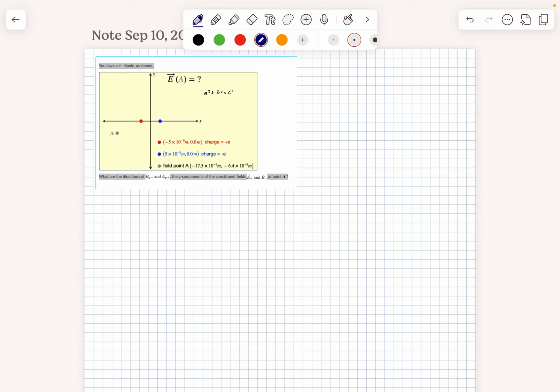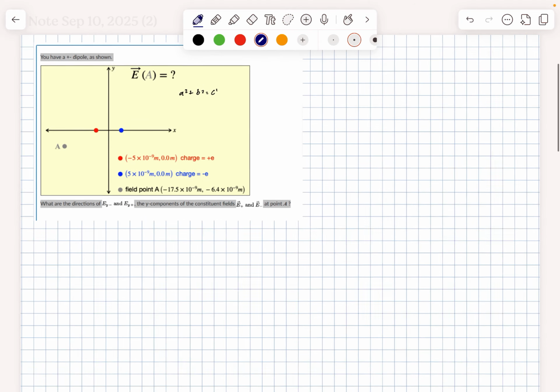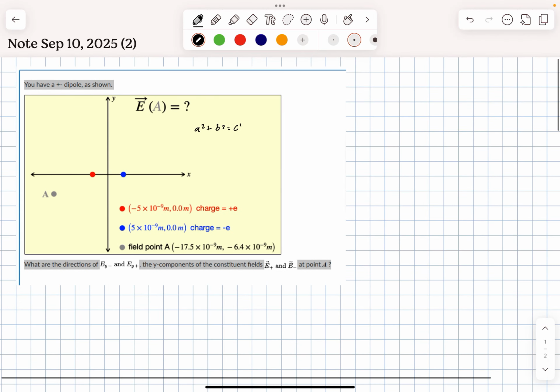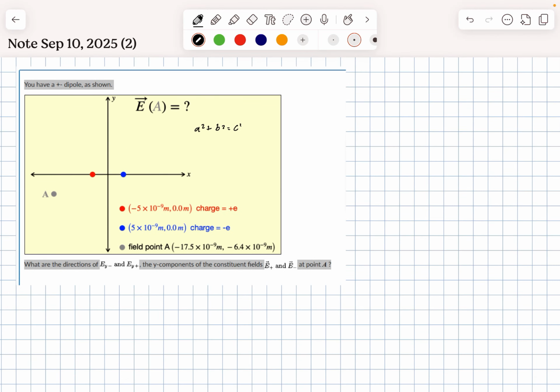If maybe you weren't familiar with the trig functions that we would have to use to solve this problem, I'm just going to go ahead and give a bit more of an in-depth explanation if you weren't able to catch it in class. So yeah, let's get into it. Just as a refresher for those that haven't seen this problem in a while,